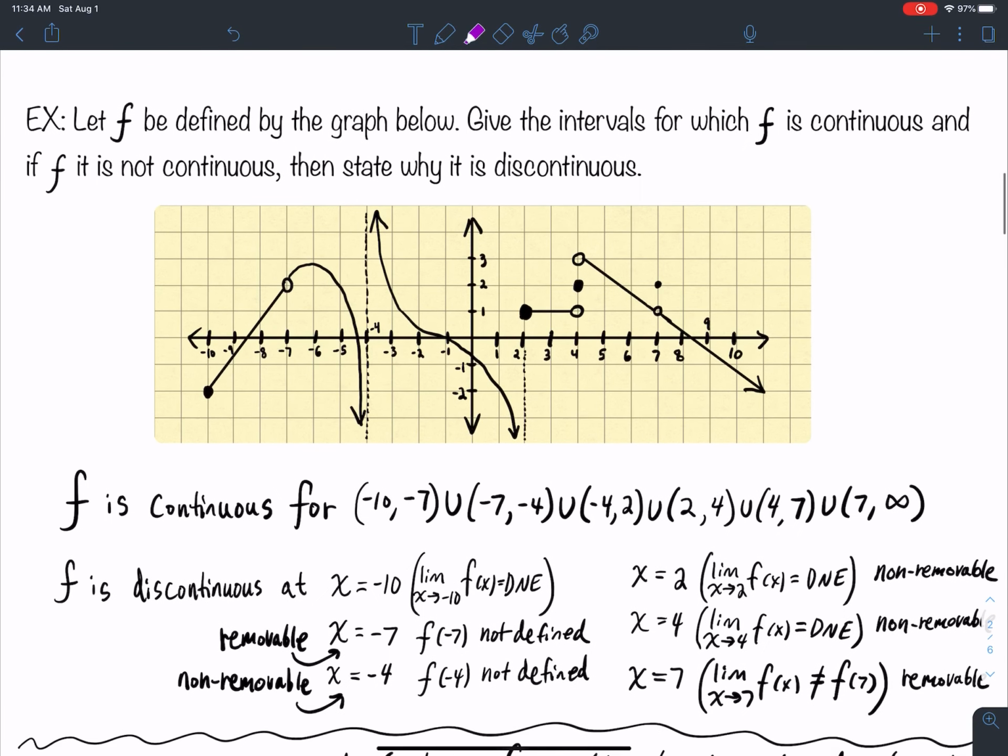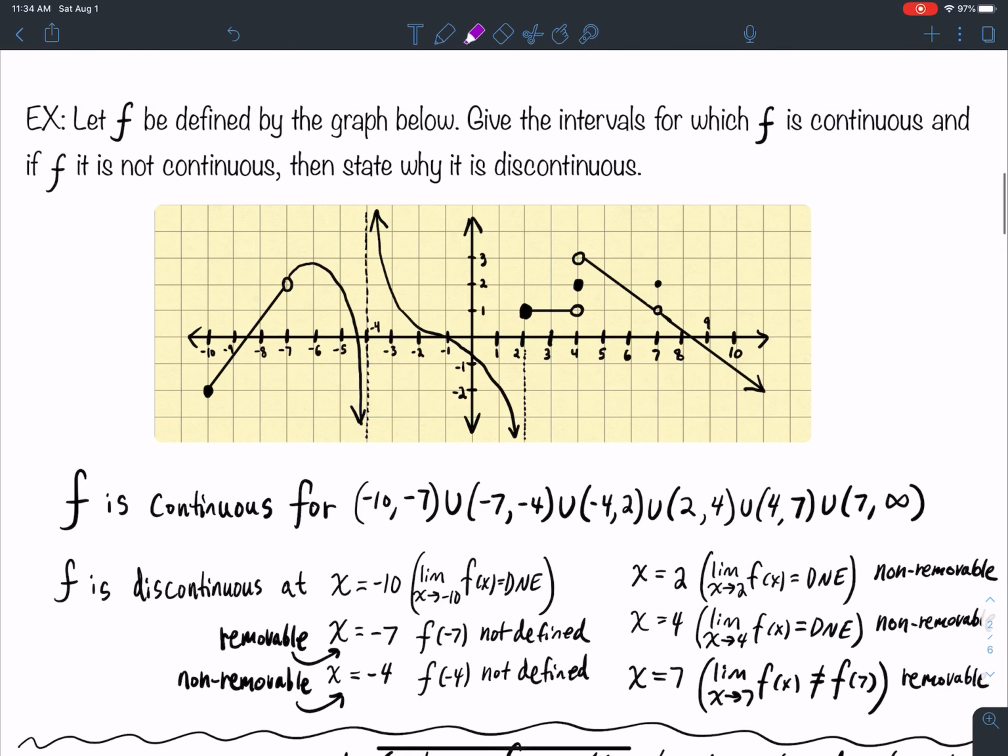That makes it a removable discontinuity. All right, so in the next video, we're going to talk about one thing I want you to notice